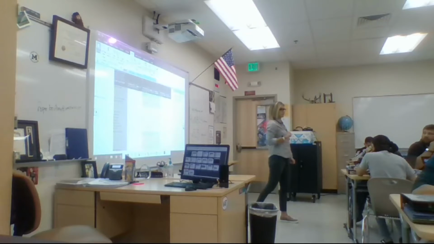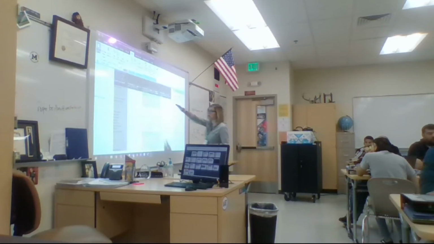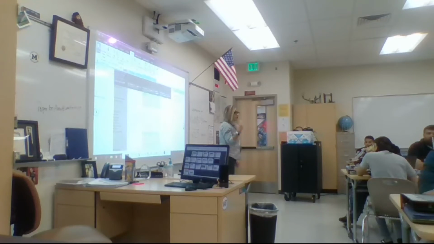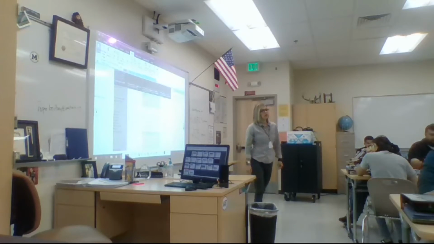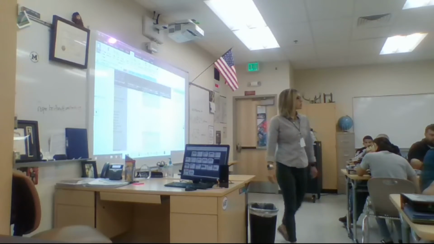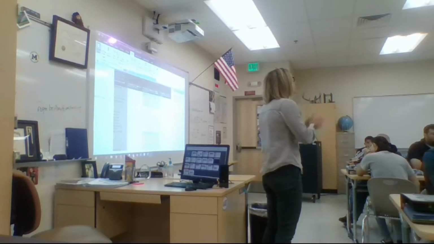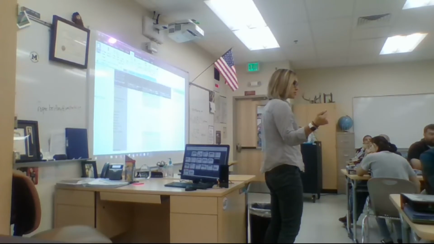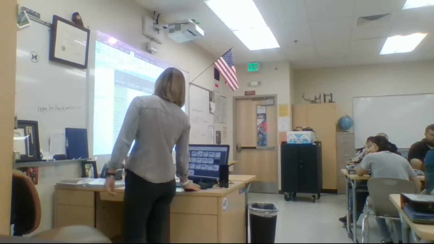So, again, I expect that everybody is able to complete the reasoning column with these I can statements and relate all of these learning targets together. And then I expect that you're going to find a few learning targets that you are able to elaborate on. In other words, you are able to go above and beyond what was done in class. Okay. One last thing I want to do here in this